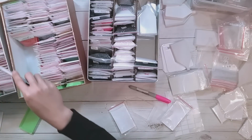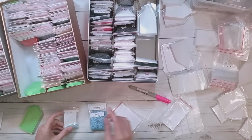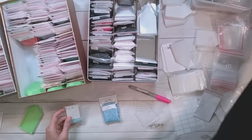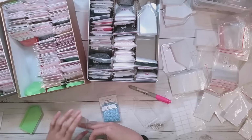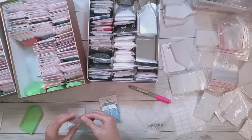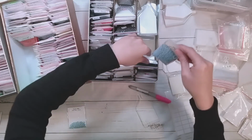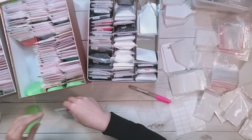Oh, 800 is full. Why did I miss that? 800. It's a good amount in there. So let's just move. I don't know what this color is. Let's just move this one into one of the bigger bags. It doesn't match the rest of the 800. I'm not surprised. And then let's just have that be the representation right now, and then move this, because it's a lot already, into my,